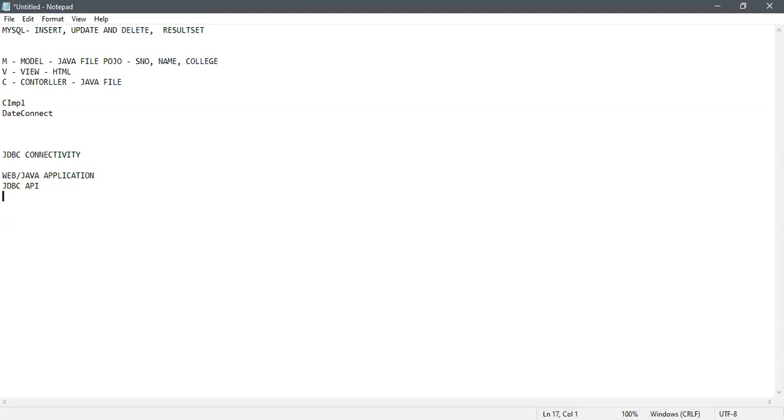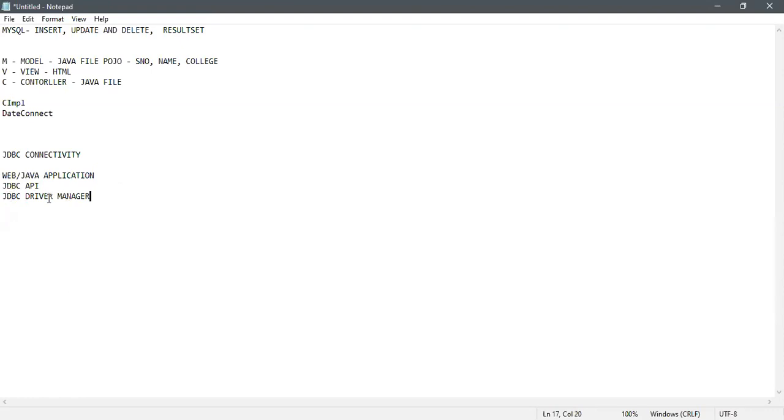And the next one is the JDBC driver, which is the heart of the connections. First of all, we'll go for the manager. Every database connection is managed by the JDBC driver. Do we need this? Yes, we need it. Without managing it, it is not possible to push the data to the database.